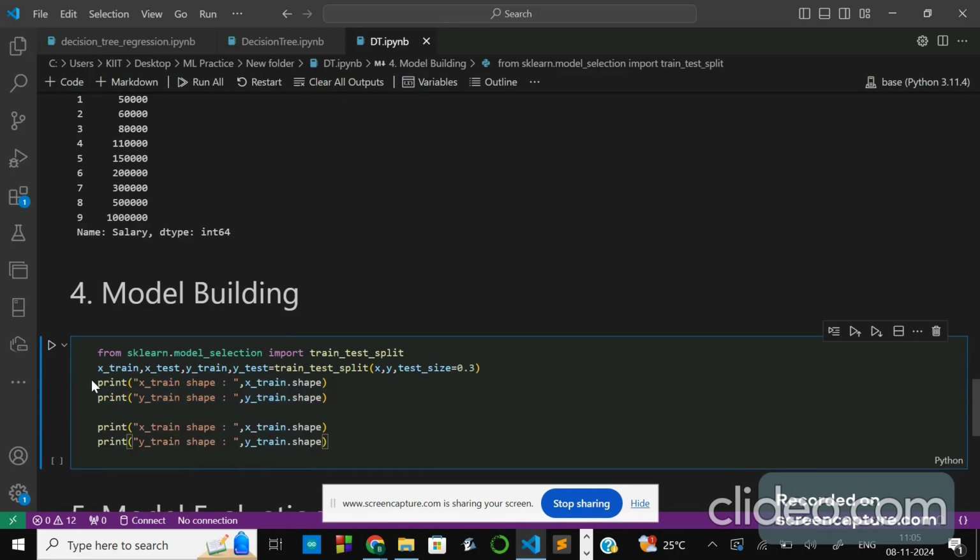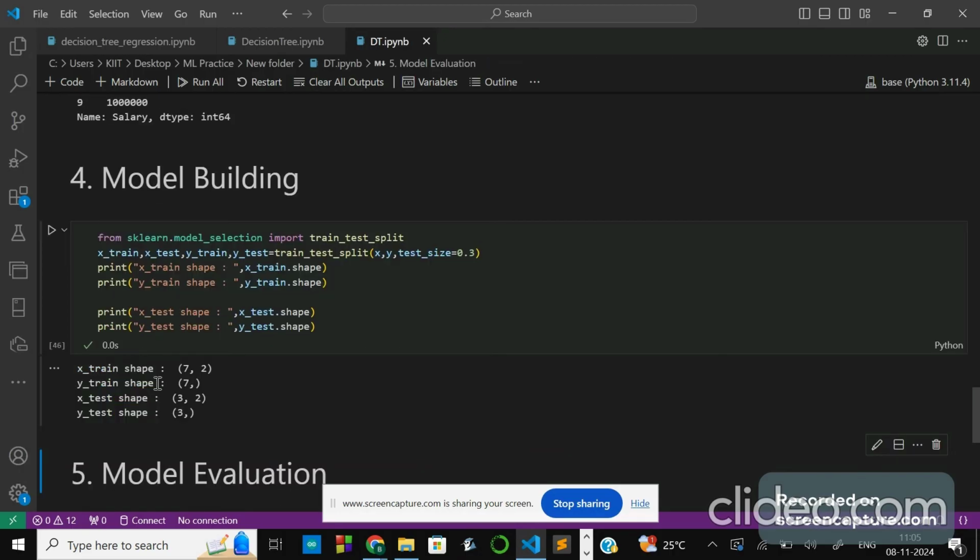For that, I will change this to test, double click and paste it. Double click, just change this to y, copy, and paste it here. If I run this, a total of 10 rows are there. 30% means 3 rows went for the testing, remaining 70% for training, because I have given the test size as